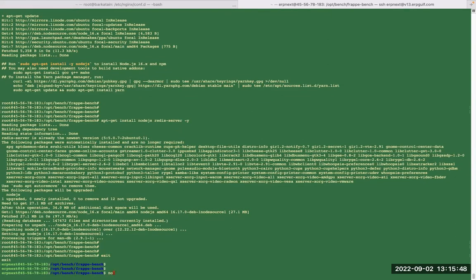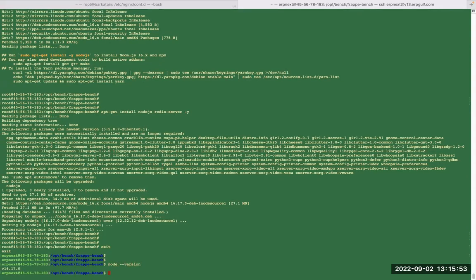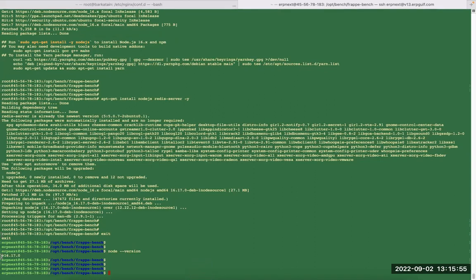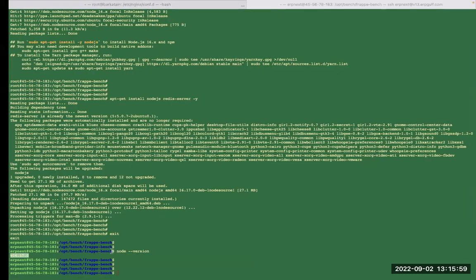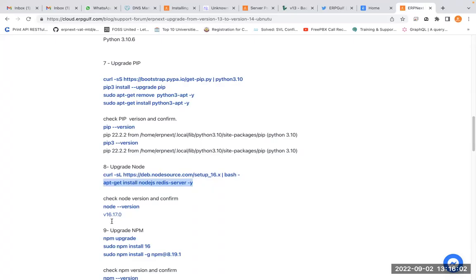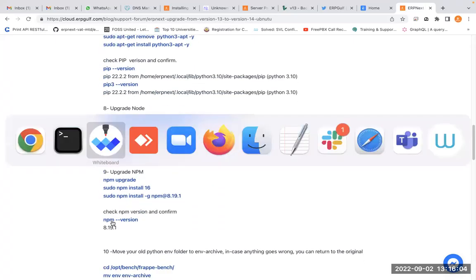Now if you put node version, it's version 16.7. Again, I repeat, if you don't get this result, don't proceed. Okay. Now npm, the next part is